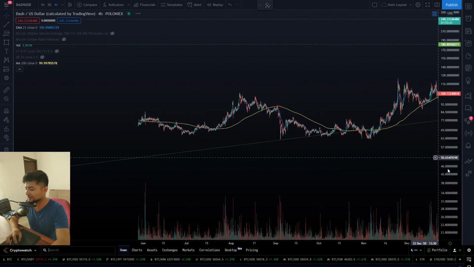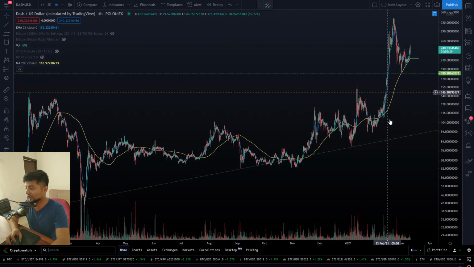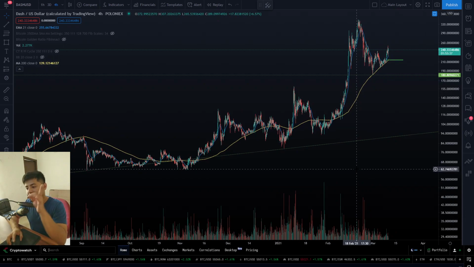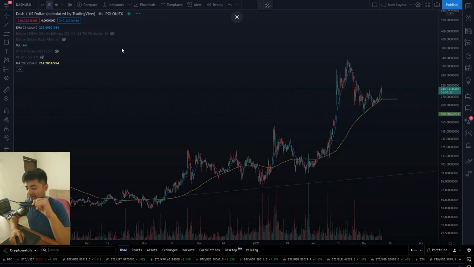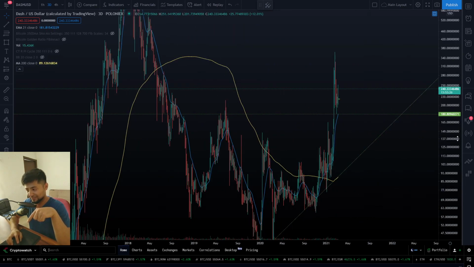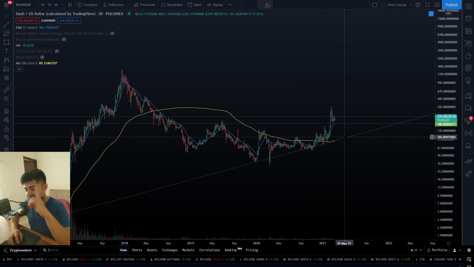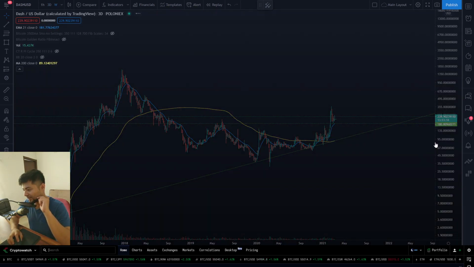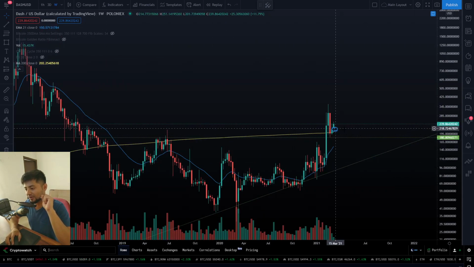Guys, do we have any previous price points to make analysis off of the 200 simple? Not really, because Dash is under a bullish trend emergence in the long time frame. In the higher time frames, this is a bull trend emergence. Now, this price action, this entire area of reaccumulation, is breaking above it. You are leaving the train station, guys. Dash is leaving the train station. If you're not on the train right now, start picking something up,